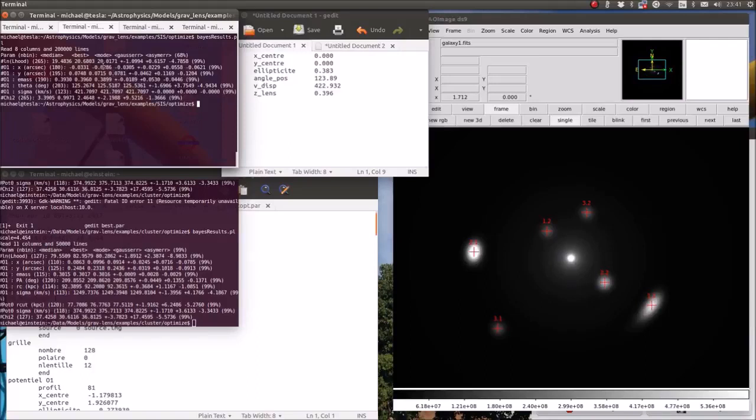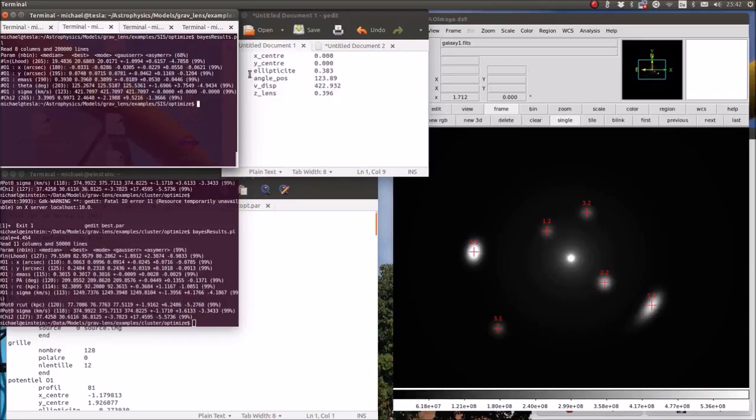Again, you can see we have the best result here for the x and the y. As you can see here, minus 0.0286 with an error of plus 0.0558 and minus 0.0621 is as close as it can get to 0.0. And likewise you can see with the y position here, the center of the y position, 0.0715 with an error of plus, it's a little higher, the error here, but again it is fairly close to 0.0. The ellipticity, as you can see here,